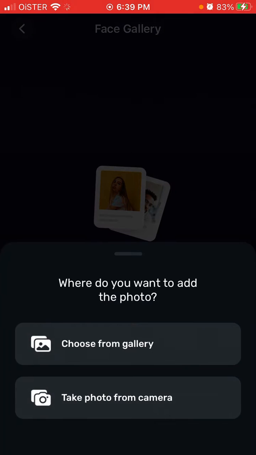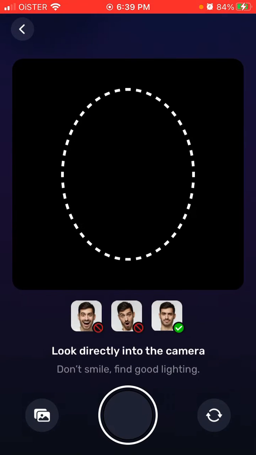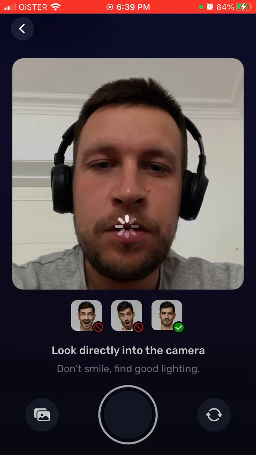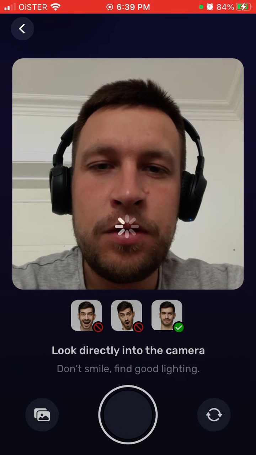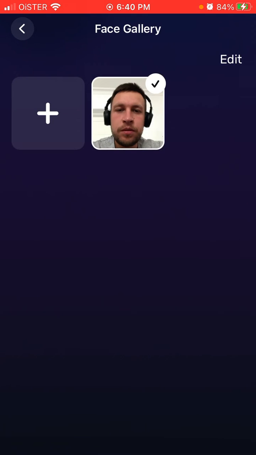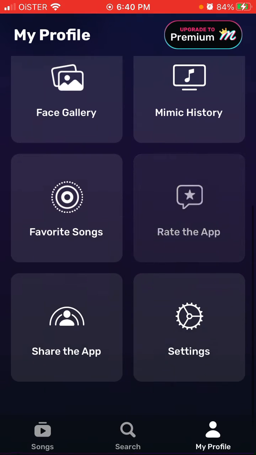So you can just add a photo, and then you can just choose a photo from camera. So something like that, that's the process. And then you can see what are good photos, what are the best ones, and then you can just use